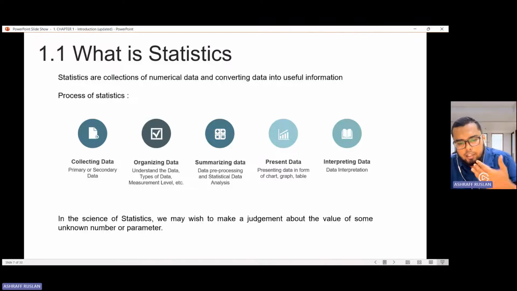So under organizing, you are going to start to explore the data, understand what are the types of data and measurement level involved in your data set. And then you're going to start to do pre-processing under summarizing data, where you're going to use statistical data analysis.